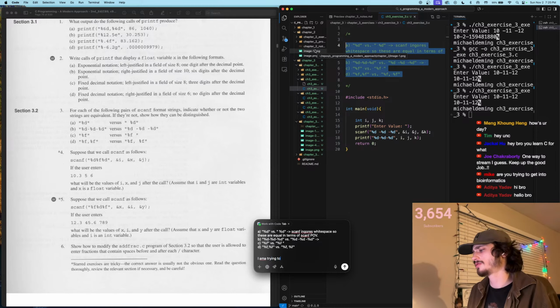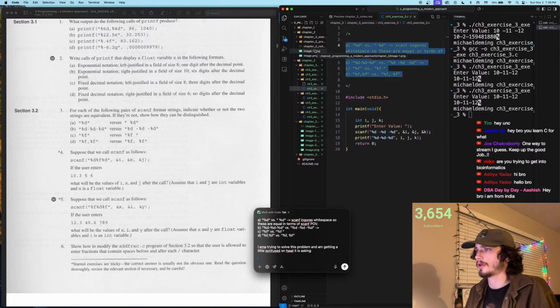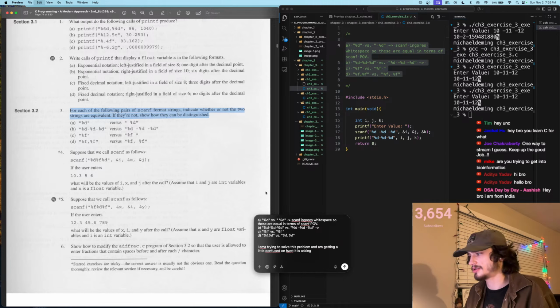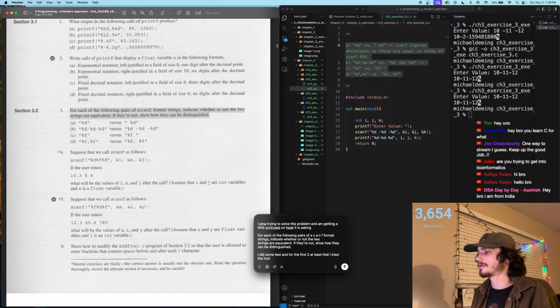I am trying to solve this problem and am getting a little confused on what it is asking in terms of how it's distinguished. I did some tests, and for the first two at least that I tried, the inputs with spaces